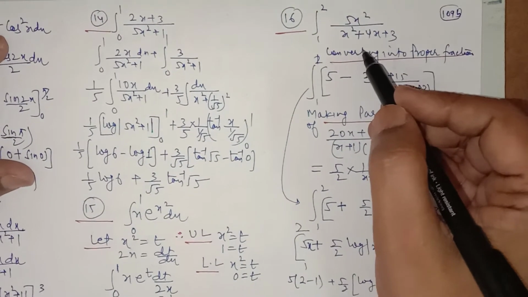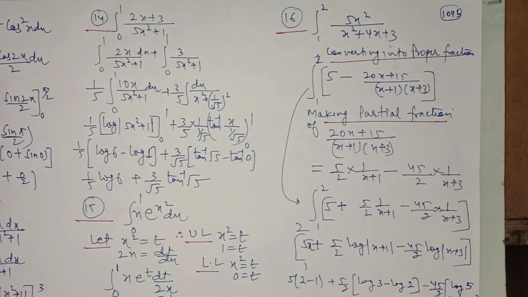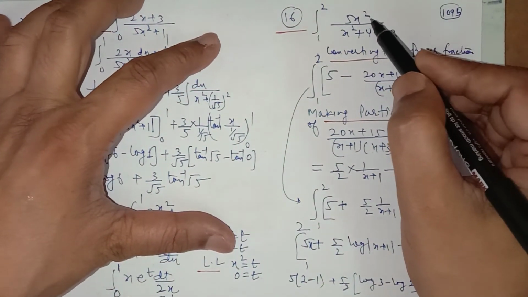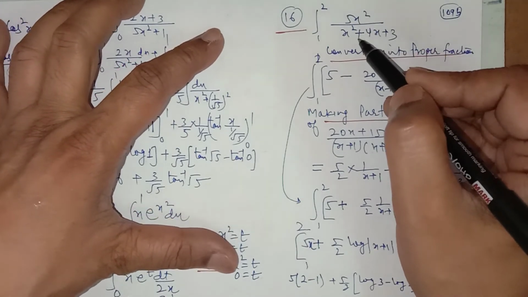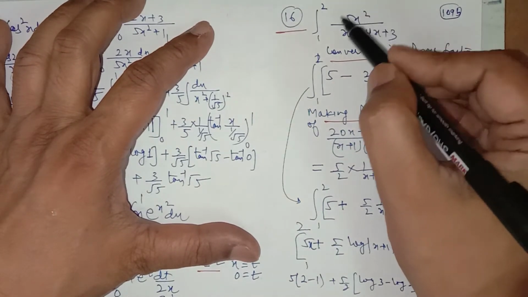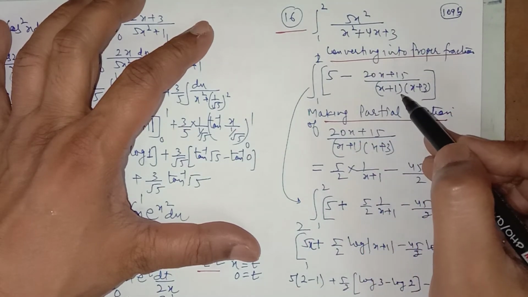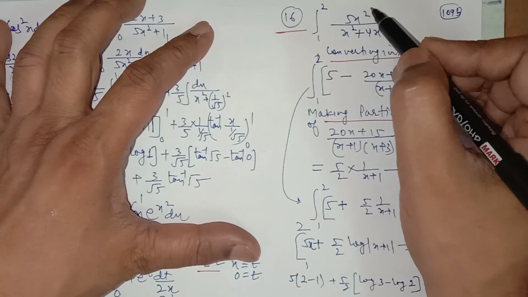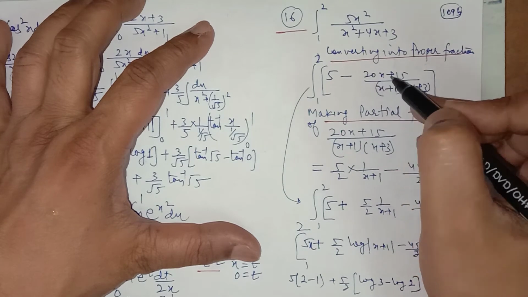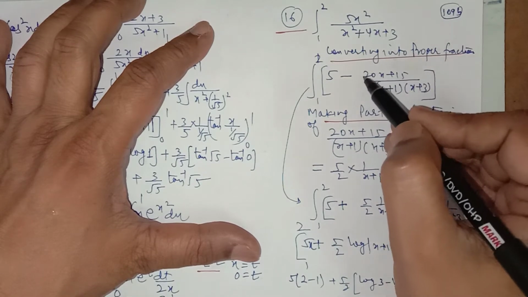Now see this question 15. It is an improper integral, because we have done this improper integral in the indefinite integrals. It is an improper integral because the degree of the numerator as well as the denominator is the same. So how do you convert it into a proper integral? By dividing numerator by denominator. When you divide numerator by denominator, you get quotient plus remainder upon divisor. You have to always write like this: divide numerator by denominator and write it as quotient plus remainder upon divisor. The remainder is coming out to be minus 20x minus 15, so I have taken this minus common.